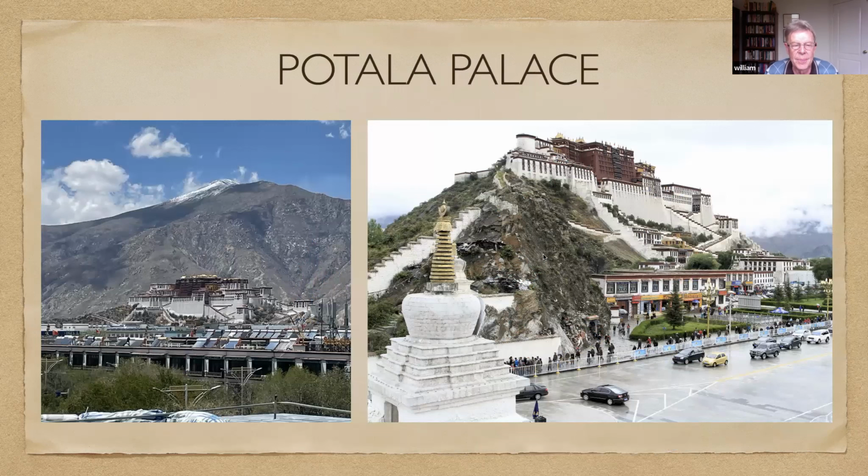Okay, I know we're getting on to 4 o'clock. I want to look at some of the wonderful sites. Most of these are in Lhasa. First, we have here the Potala Palace. This was the winter palace of the Dalai Lamas from 1649 to 1959 and is now a museum. The Chinese have turned most of these into museums, and it is a World Heritage Site.